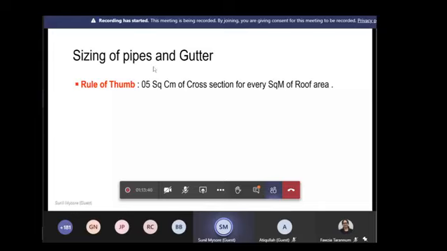But if one really wants to go into detail, the National Building Code has very elaborate calculations on how to do it, because there are other variables also. The number of bends required: more bends, more friction, and how do you account for the friction? For a longer length, there will be a problem of surging of water, so you may have to take that into account. I'm not going to get into all those very technical details because that would become a presentation by itself. This is only a broad way to do it. As I know, for 5,000 square meters and below, this can work very well.